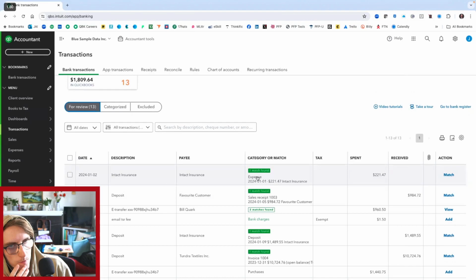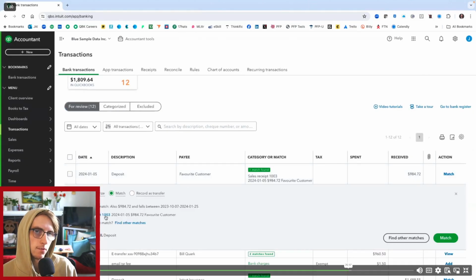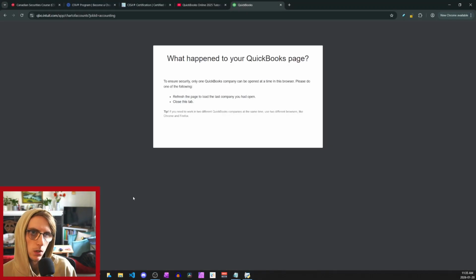Here's our Intact Insurance. We know that this is correct. We can go ahead and match it. We've talked about that extensively. Our favorite customer, we want to explore. Intact Insurance. So